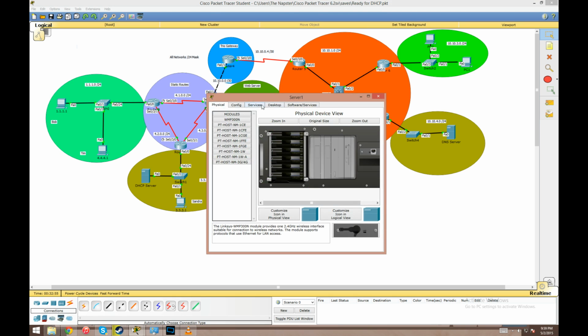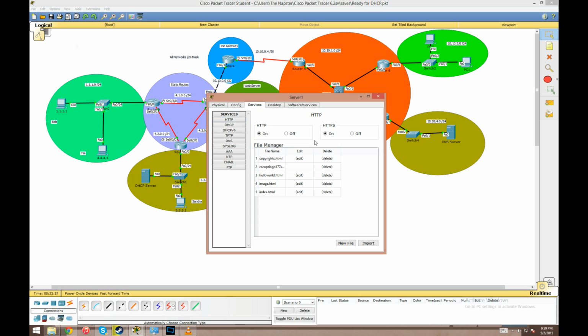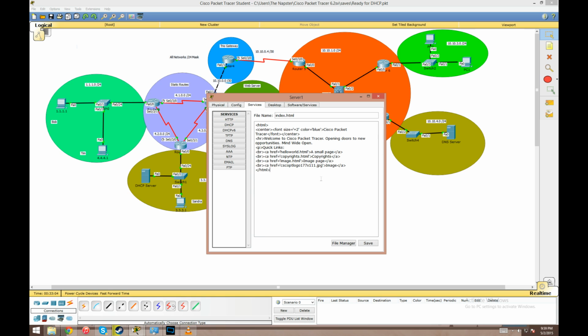Now on server 1 here, HTTP is on by default in Packet Tracer. And we've got a few web pages, which is just the default Cisco web page. So the one that we've been testing connectivity to on 2.2.2.1 or test.com, it's pulling from this HTML file. So if you know how to code HTML, you can put in your own code here and have it say whatever you want. And since version 6.2, you can actually add some JavaScript and CSS, whatever CSS was. I'm having a brain fart. I don't know much about coding HTML or CSS or JavaScript, so I can't really go much in depth here,